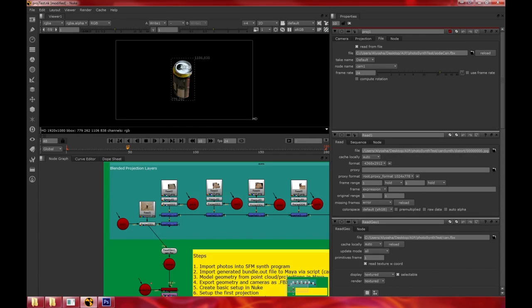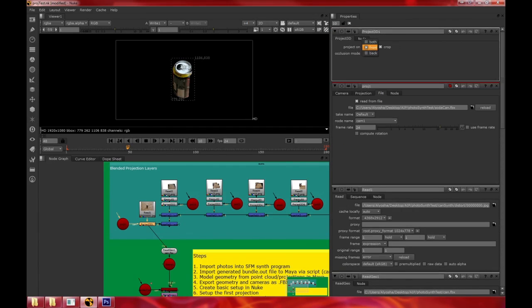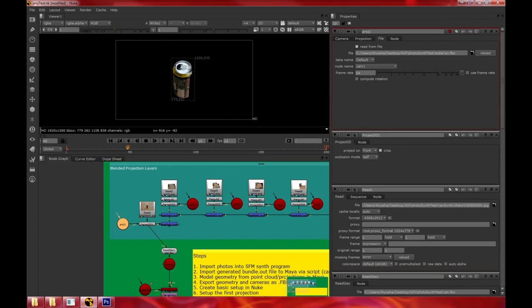Okay, so setting up my first projection in Nuke, I basically use a project 3D node, and I want to set this to front. And the reason why I set it to front is because it's going to make the portion of the projection where it stretches invisible. And that's important so that if you ever have any cameras intersecting at a certain point, it's not going to ruin another projection. So that's the reason for that. And then I referenced my first camera, read from file, the FBX, and in this case, camera 1 for image 0. Alright, now at this point, looking through my render camera, you could see how that's projecting,